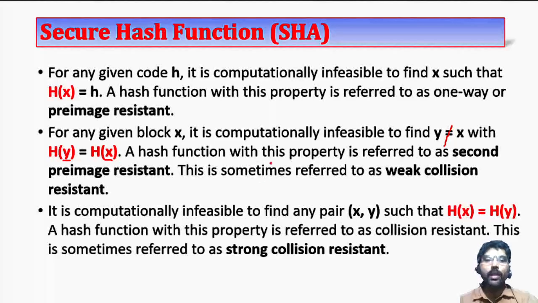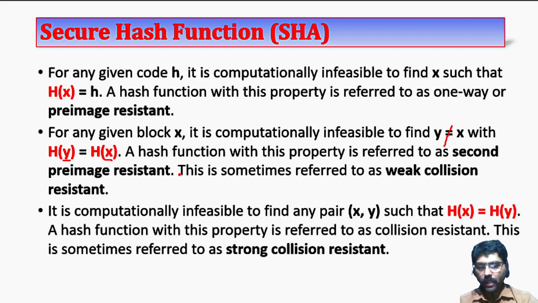If this property is not satisfied, the attacker may attack. We are encrypting the hash code and sending it to the receiver. In that case, the opponent has the chance to change the data if we are not satisfying this fifth property. What he will do, just capture the message which is sent to the receiver, which contains an encrypted hash code. Using that message, he generates his own unencrypted hash code. With the original message, he creates unencrypted hash code.